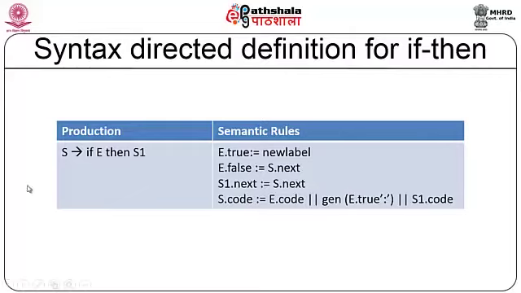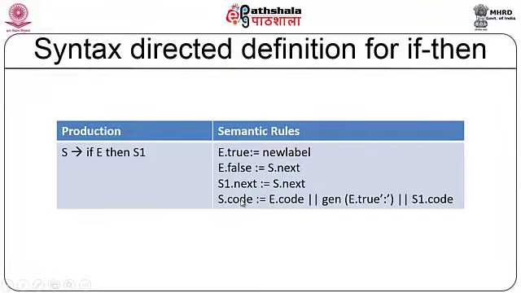So, anyway this statement S will have an S dot next, and this statement S1 will also have a next statement. So, S1's next and S dot next are going to be the same. The reason behind it is, if it is true you will evaluate the body and then come to next. If it is false you directly come to next, that is what we are trying to look at.